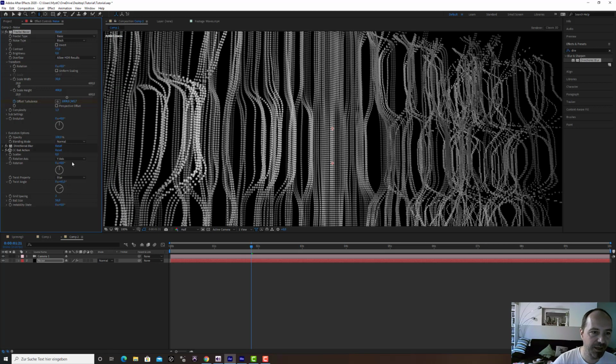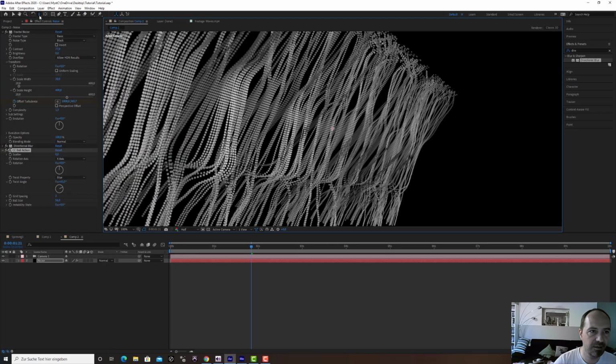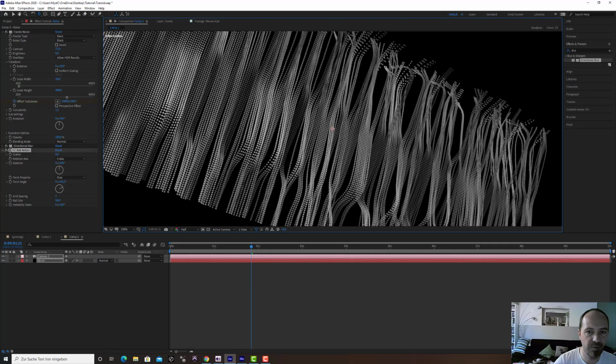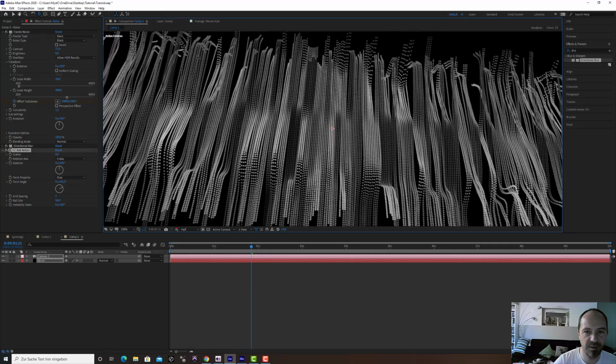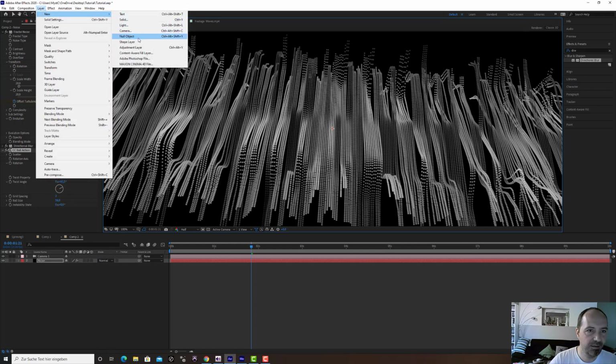But let's go back to our original part. I go back to the x-axis. Let me zoom a little bit out, and let me go with the orbit tool back to where we started. So this is what we need. Next, as you see, everything is black and white, and we can use a tint effect, but this is not what we want. The next thing we'd like to have is an adjustment layer. So go to Layer, New Adjustment Layer,